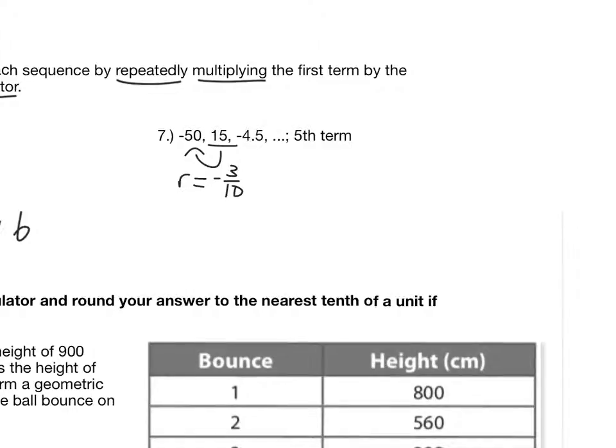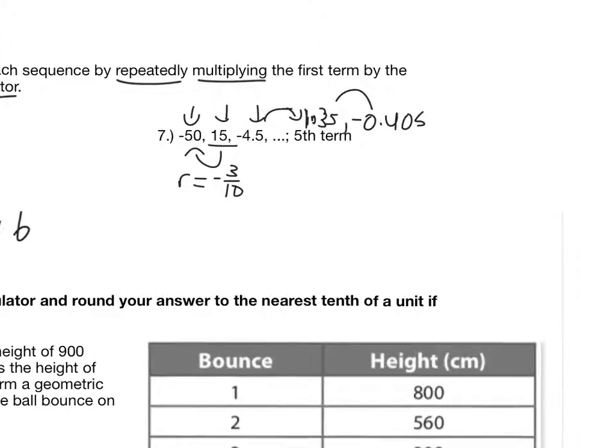So if we're looking for the fifth term, we have the first term, the second term, and the third term. We would just have to use our calculators and multiply by negative 3/10 until you get the fifth term. So the fourth term, if we multiply negative 4.5 by negative 3/10, you get 1.35. And that would be your fourth term. Sorry, that looks kind of sloppy. And then to find your fifth term, you'd multiply by negative 3/10 again, and that would give you your fifth term, which would be